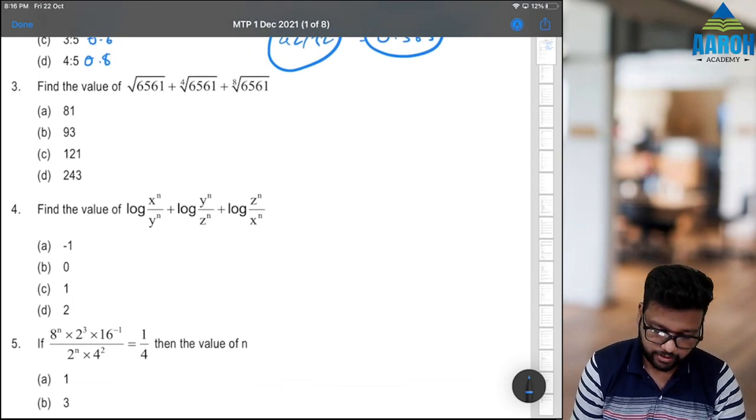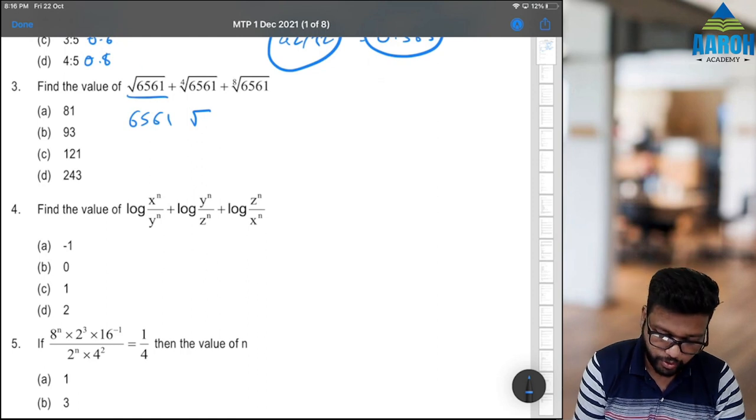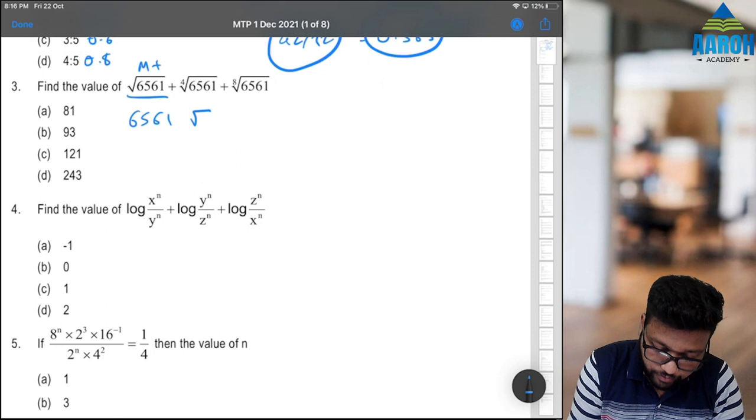6561, take on calculator. Now first we have to take root once. So root and then M plus, because we have to add this to memory. Then understand very carefully. Fourth root means